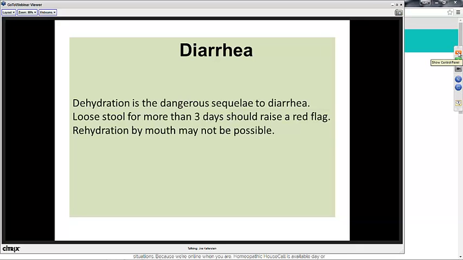Now, what about their mouth? Would they necessarily be thirsty or have a dry mouth if they were dehydrated? Depends on their remedy. You would think that if they were dehydrated, they would want to drink. But if they're Pulsatilla, are they going to? But would their mouth be dry? They might be dry. Okay, so their mouth might be dry, but they may or may not want to drink. Correct. And by the time their mouth is dry, it's already been too long.